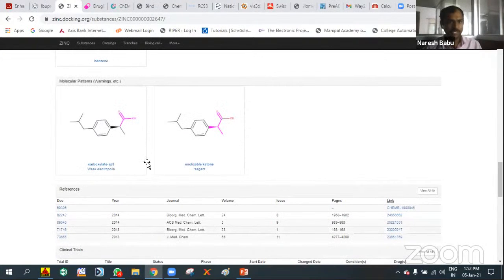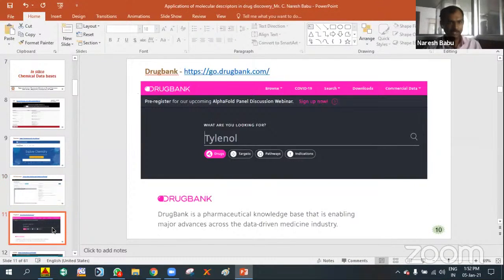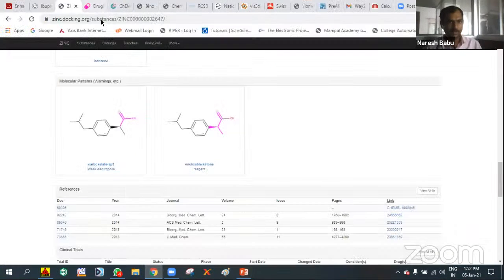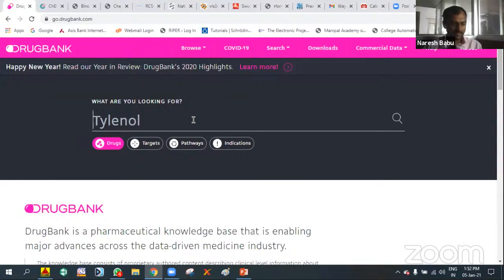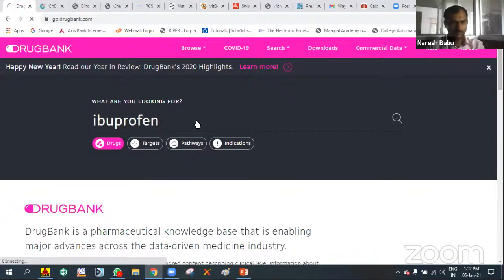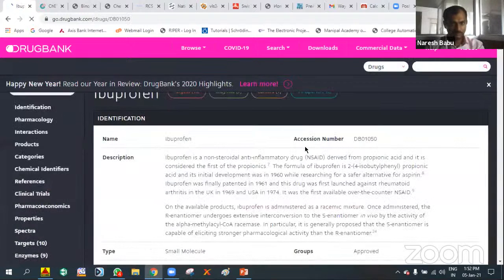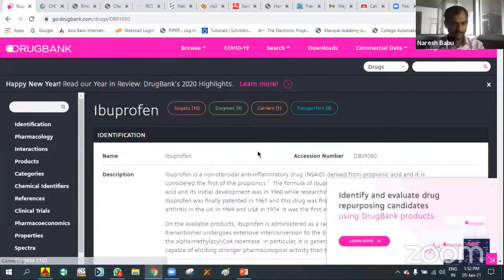The next chemical database mostly used is DrugBank. DrugBank is a pharmaceutical knowledge base that is enabling major advances across data-driven medicinal chemistry. Here also I am giving the same drug for finding the different properties. It gives the complete description of the compound